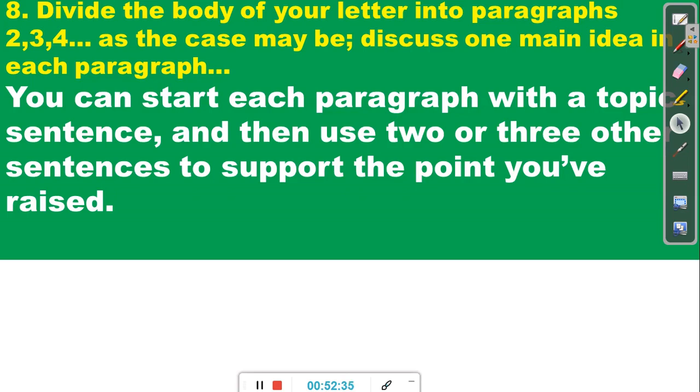And when you start discussing paragraph 2, you can begin with what we call a topic sentence. Make a statement that captures that main idea. Then write 2 or 3 more sentences to prove the points you have already raised. All right? Then you go to the next one and you begin it with a topic sentence and